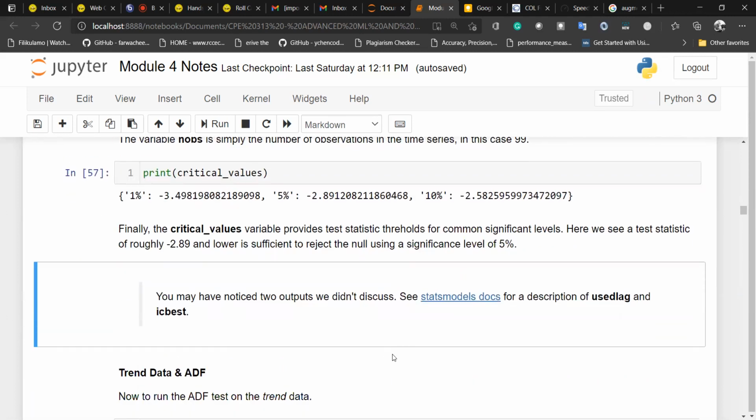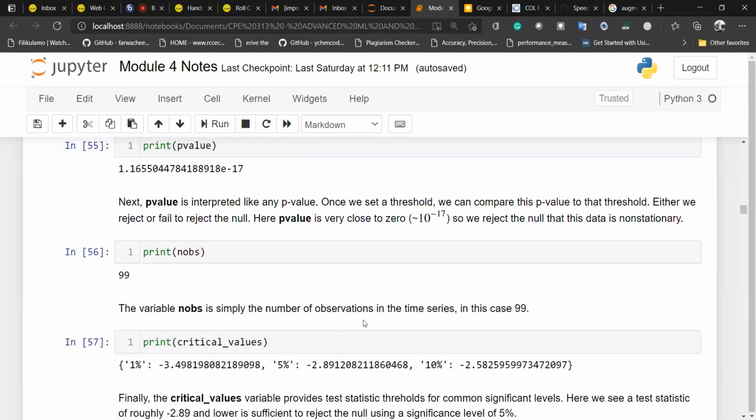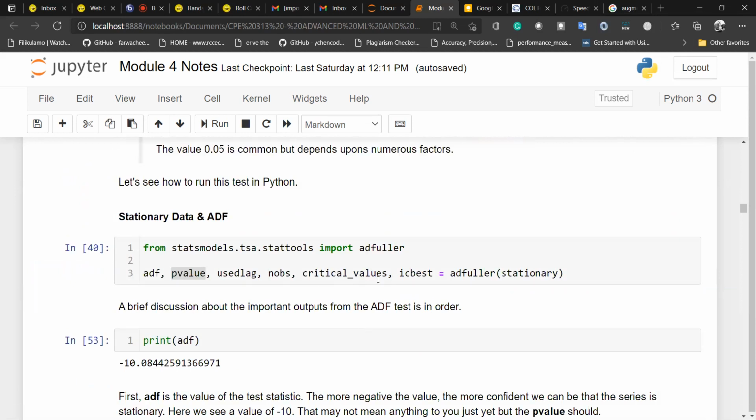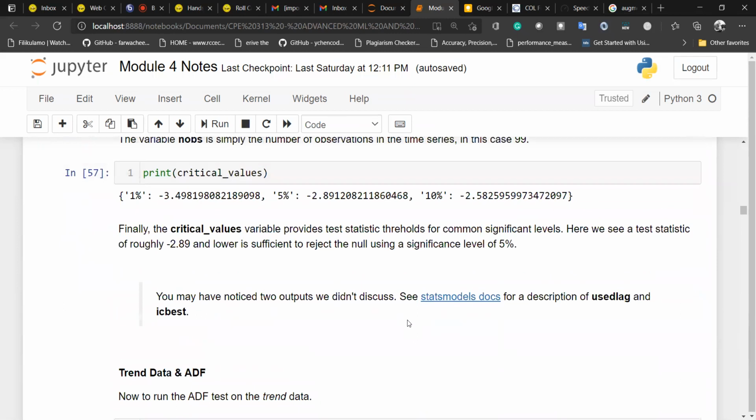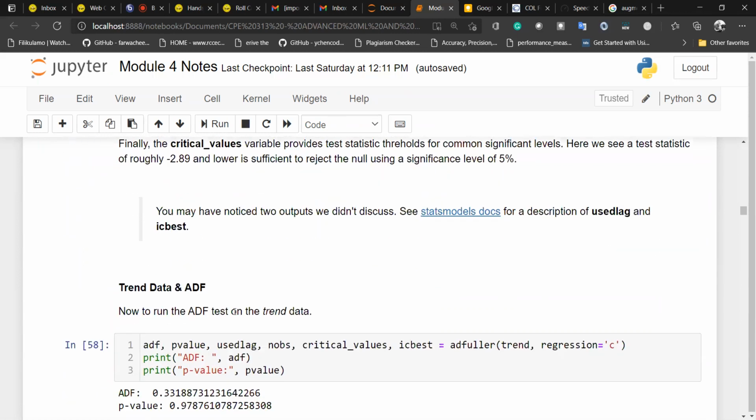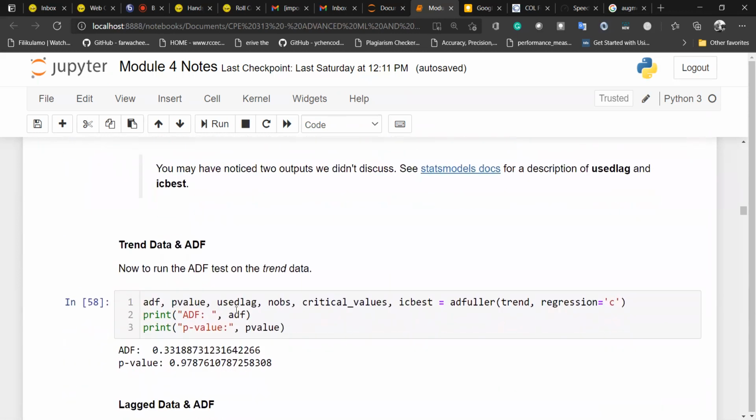Okay? So you may have noticed two outputs we didn't discuss: the use log and the IC best. We did not discuss those because they are outside the topic. So you have to click this link if you want to know more about the use log and the IC best. All right, now let's try to add and combine the trend data and the